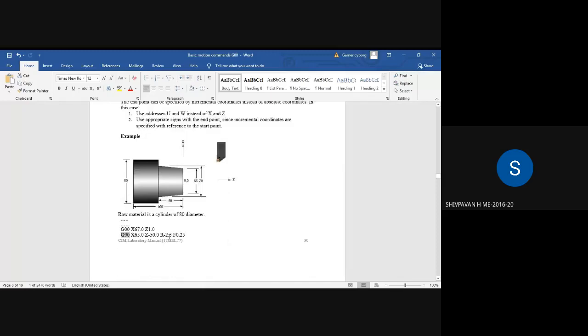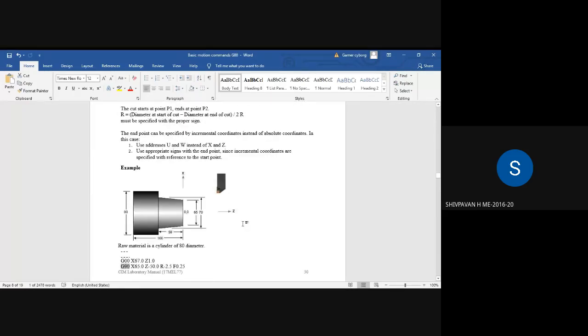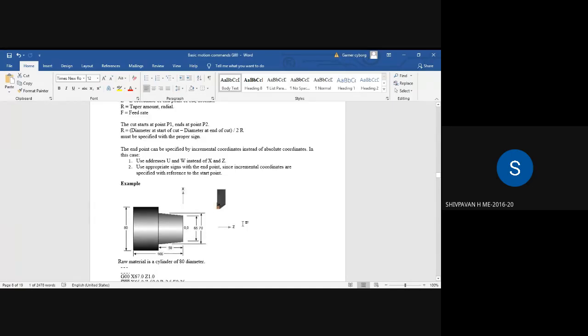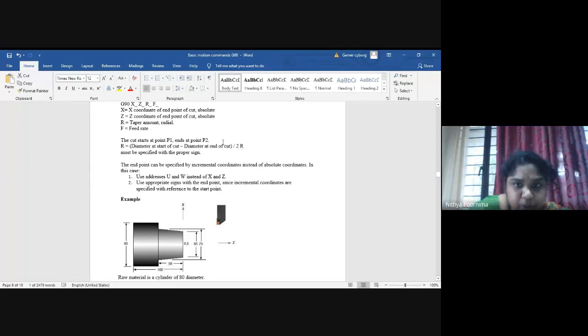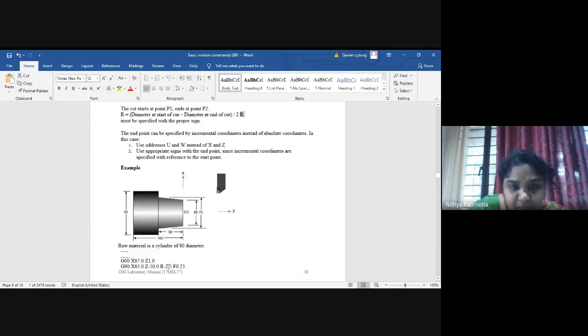Right, here it is minus 2.5. Hmm. It's 2 times L only. I'm very sure about the formula. Maybe there is some mistake here. In the formula it's also 2 times L. The length is 50, so 2 times 50 will get 0.005 only. So here you will mention it as minus 0.005. Is it clear?